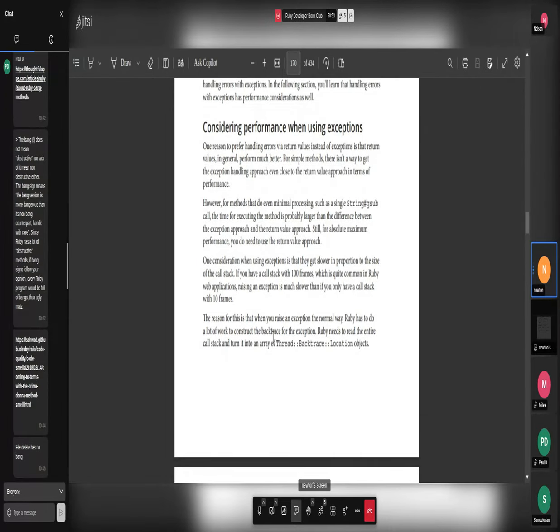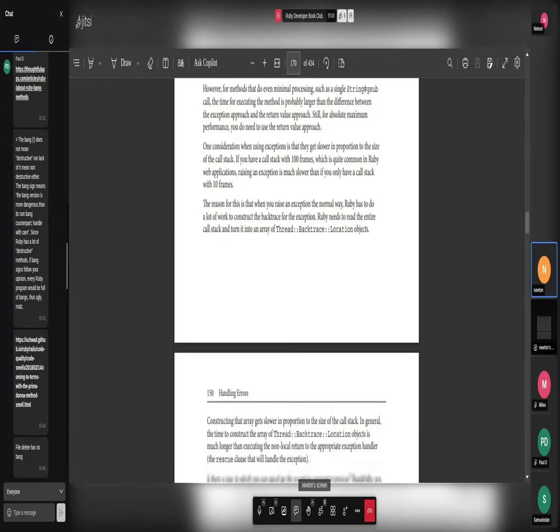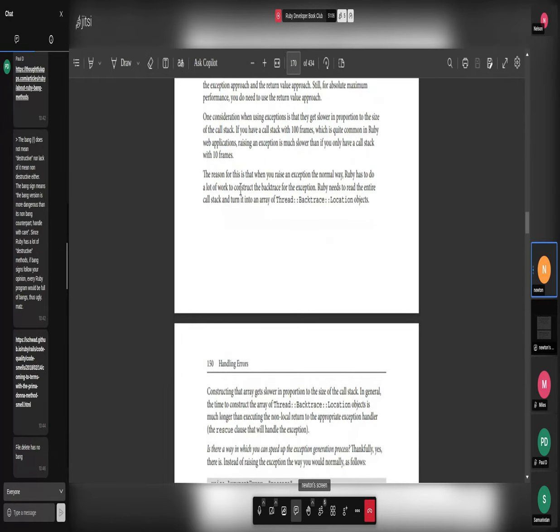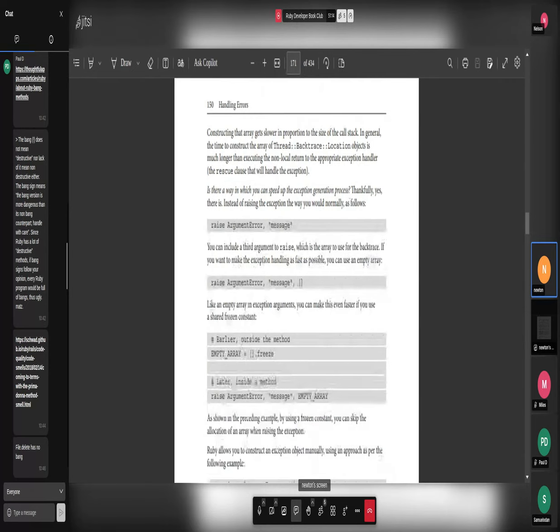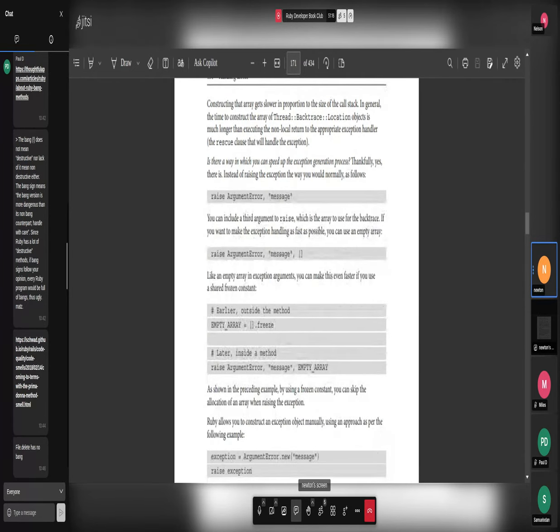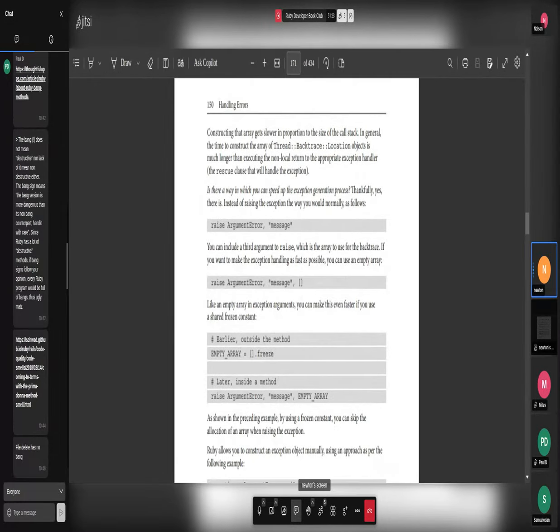And then he says the reason for this is because Ruby does a lot of work behind the scenes to construct the backtrace for the exception. And he said that Ruby needs to read the entire call stack and turn it into an array of thread backtrace location objects. So he gives some examples of how you can improve performance for code that raises exceptions,